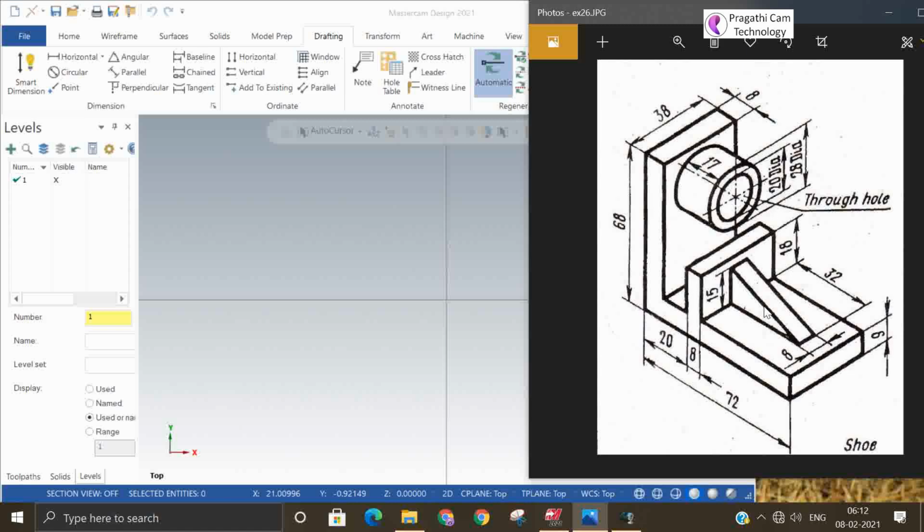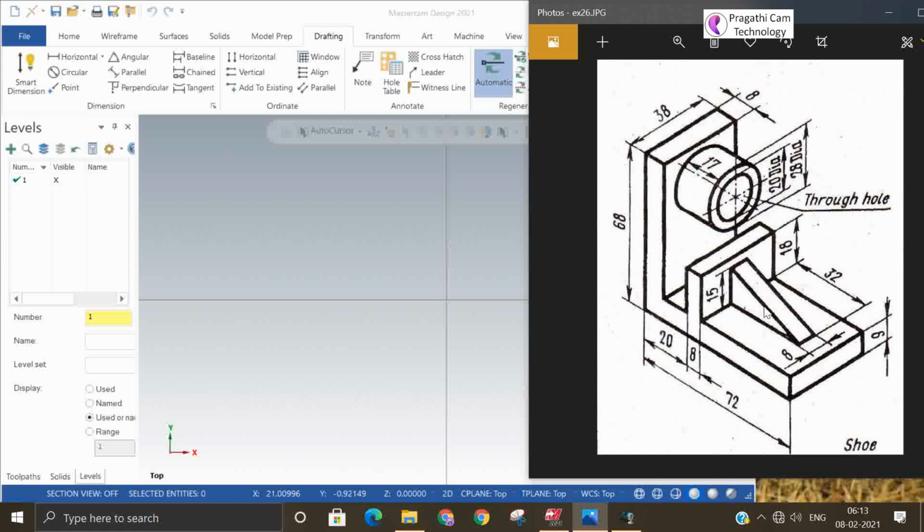This concept is not only for Mastercam, but for any CAD software. This is the basic fundamental. You have to understand what the basic shape is, and what things are added and what things are subtracted from the component.